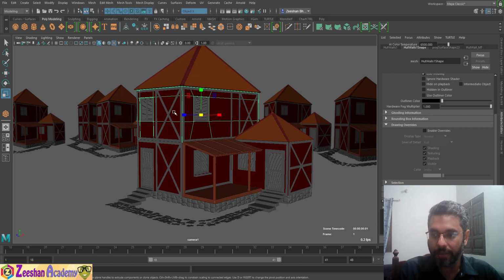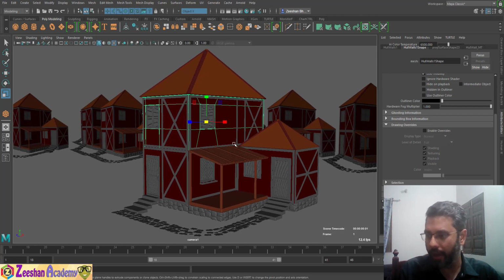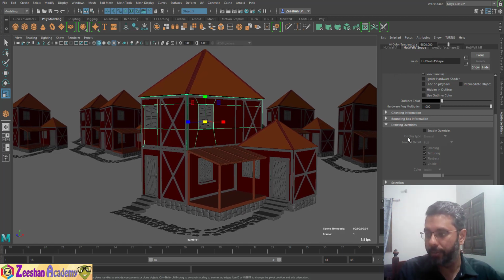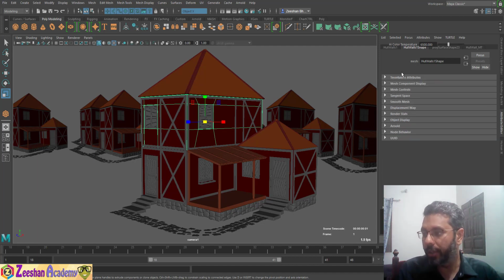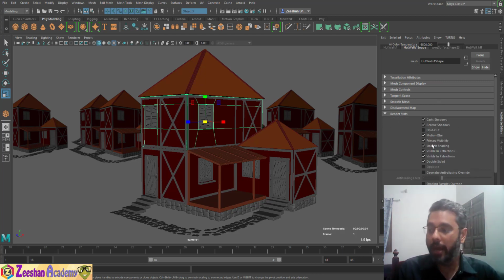So basically what you need to do is press Ctrl A and go into your attribute editor. If I have the scene available, I go into the attribute editor and select any particular object. Within this attribute editor, if you come into the shape node, you would have something called render stats. This render stats has double-sided surface, cast shadows, and so on and so forth. So you can control certain aspects of the object from here.